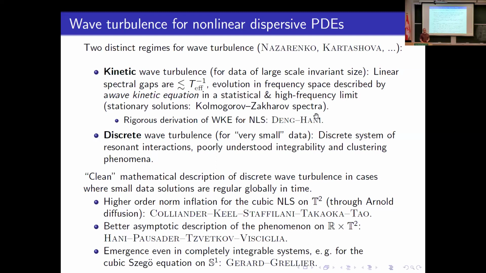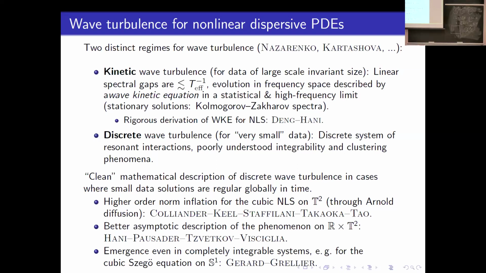Now, from the math perspective, discrete wave turbulence was the first type of setting which was studied. So already in the questions posed by Bourgain in 2000. And the question that Bourgain stated, which motivated all activity in the subject in the early 2000s, was the following. Take the cubic NLS equation, let's say on the two-dimensional torus. Can you find initial data which initially are small in H^s and which grow in size to infinity as time goes to infinity? This is still an open question, but the best